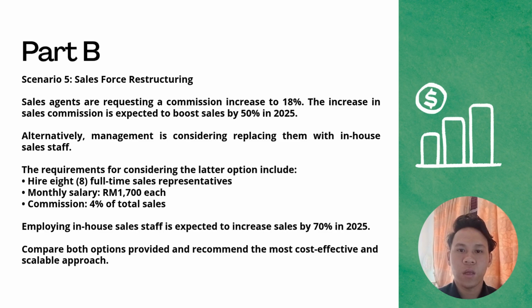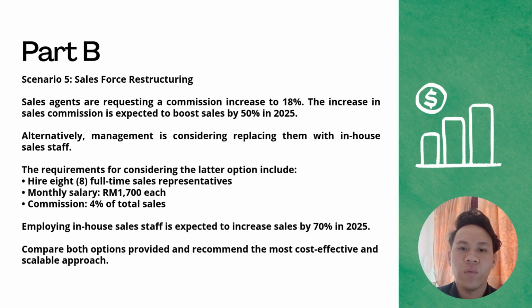Now, moving on to the second option, management is considering hiring 8 full-time in-house sales representatives. Each of them will be paid a fixed monthly salary of 1,700, which adds up to 163,200 a year for the team. On top of that, they also receive a 4% commission based on total sales. With this setup, we are projecting an even better sales increase of 70%, which would push our total sales to 1.7 million ringgit annually. The total commission payout in this case would be 68,000 ringgit Malaysia, and when we add the annual salary cost, the total expenditure for this option would be around